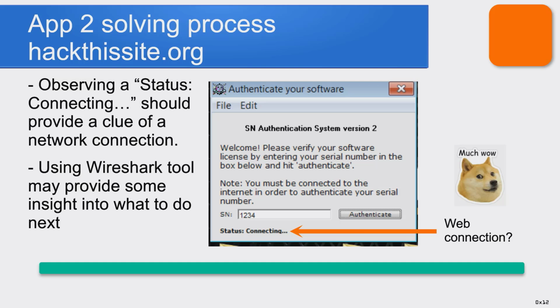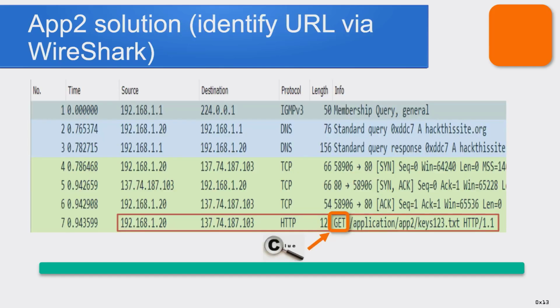We're observing the status, connecting. So this is probably a web connection, a network connection, right? So I'm going to go ahead and use the Wireshark tool so that we can see what we need to do next. So then we're going into Wireshark, and we see